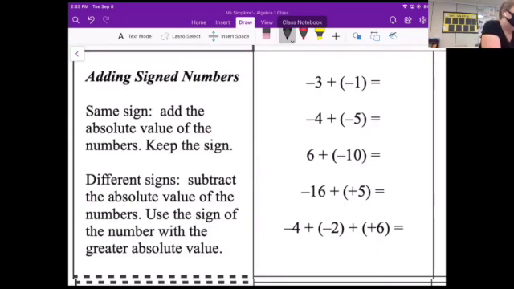But when I look at this first problem, it says -3 plus -1. In my brain, I read it as -3, and we're getting more negative by 1. So let me repeat that. I read it as I'm at -3 and I'm getting more negative by 1. So if I look at a number line and I'm at -3,